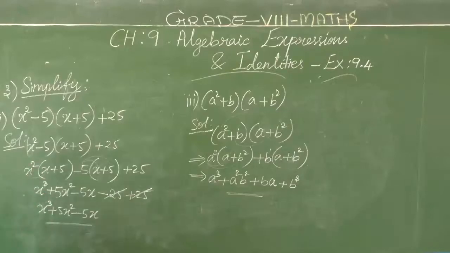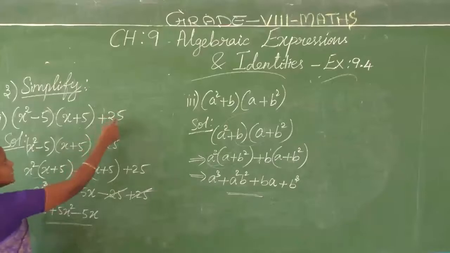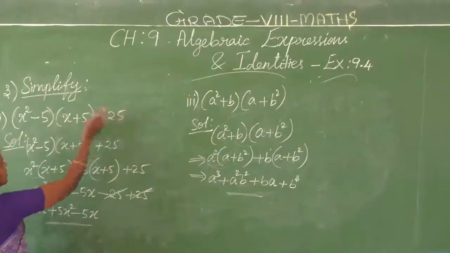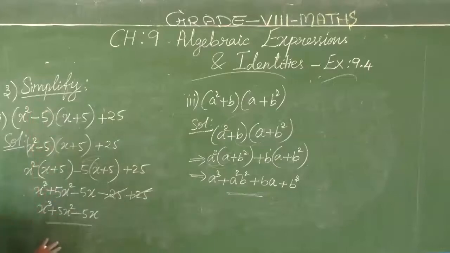Clear, children? What I did, first of all, the heading is simplification. Up to the previous two sections, it was just multiplication of two binomials, and we did that work only. But in this section, just to simplify, one more part is added here. Before touching this part, first of all, we have to simplify the multiplication of a binomial by a binomial. Simplify up to this, we got it.